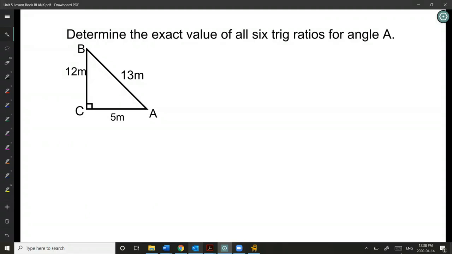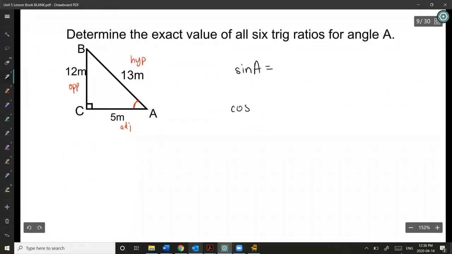We're going to determine the exact value of all 6 trig ratios for angle A. So if we consider this to be our reference angle, this will be adjacent, opposite, and hypotenuse. So if you can set up the primary trig ratios, sine A, cos A, tan A, just as you usually do with SOHCAHTOA, so sine is opposite over hypotenuse, cosine is adjacent over hypotenuse, and tan